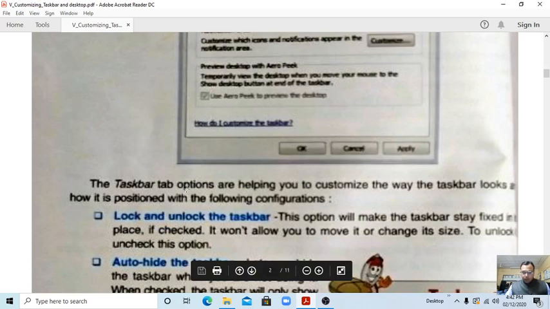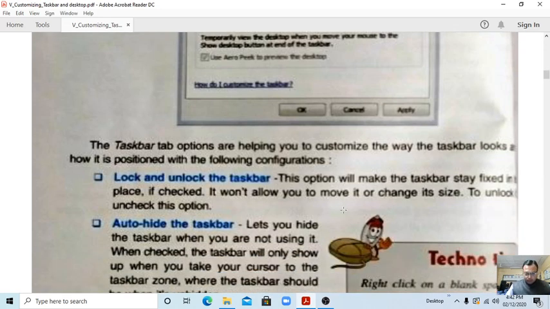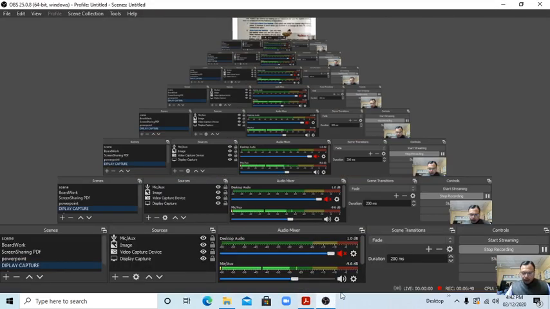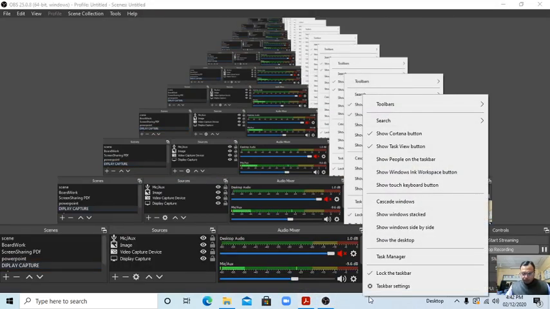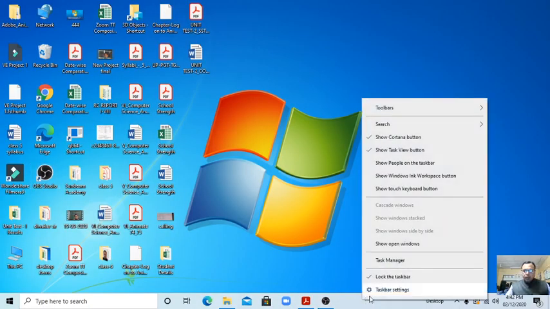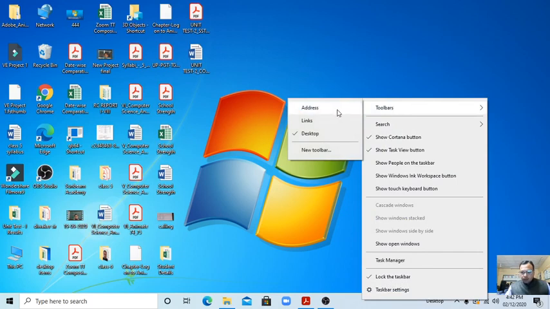and the taskbar options help you customize the way the taskbar looks and how it is positioned, with the following configuration. So students, we can see here toolbars.